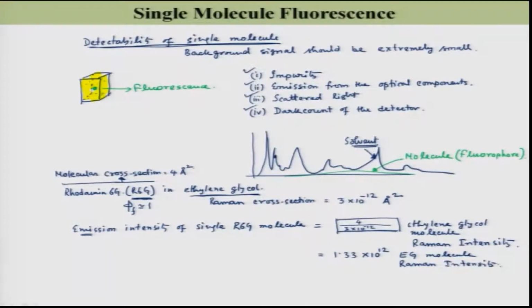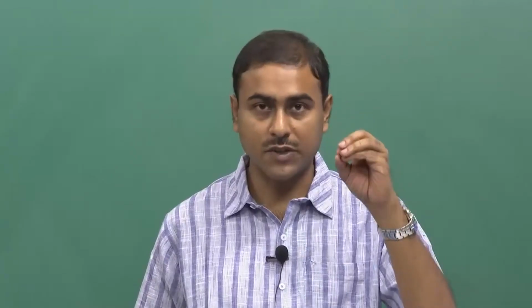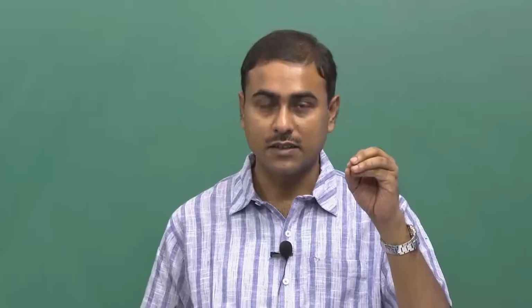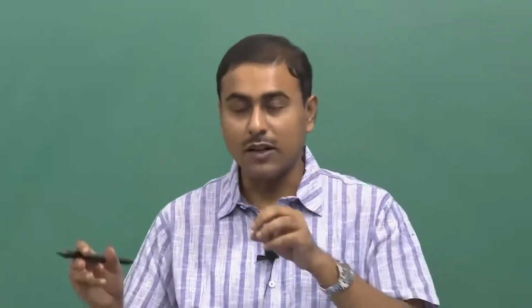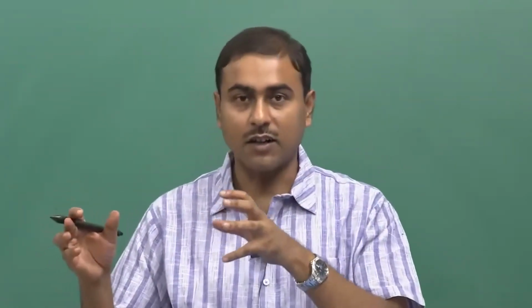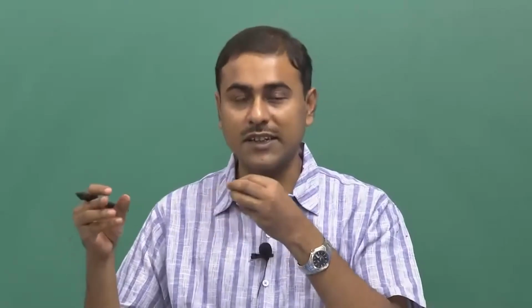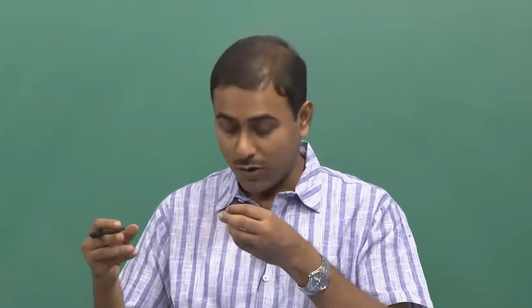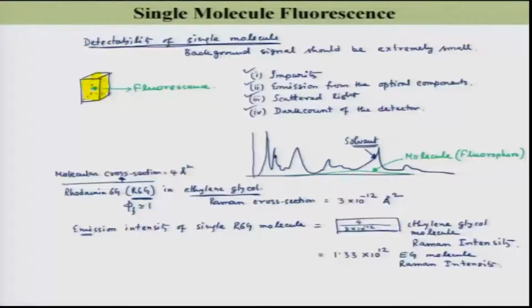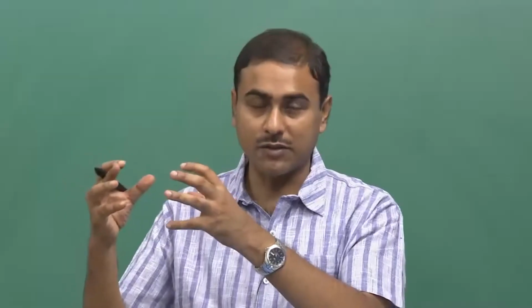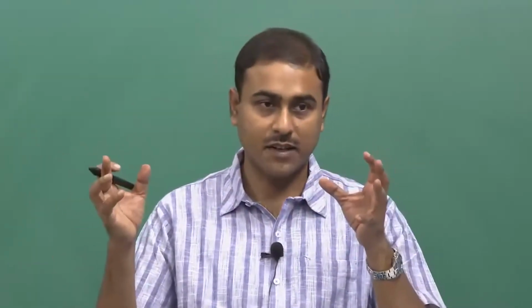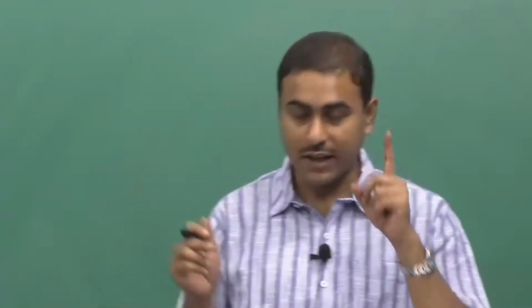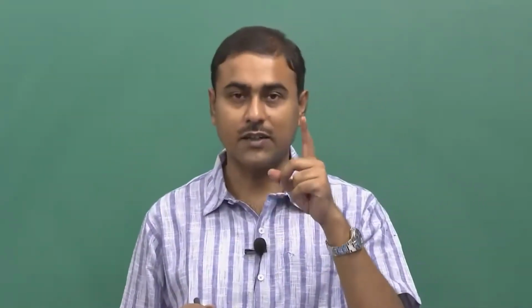That is for sure, right. That means the number of photons coming out of a single rhodamine 6G molecule is equal to the Raman scattering, or those photons of the inelastic scattering of a similar wavelength, let us say, of 1.33 into 10 to the power 12 number of ethylene glycol molecules. They are the same, right. So, now I will take one condition, that is our ensemble average